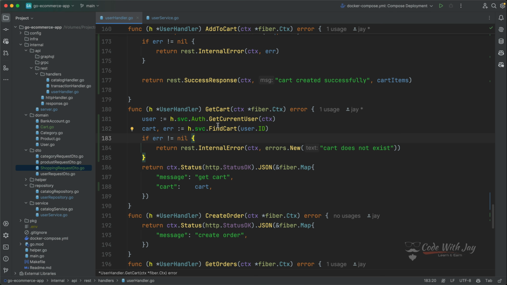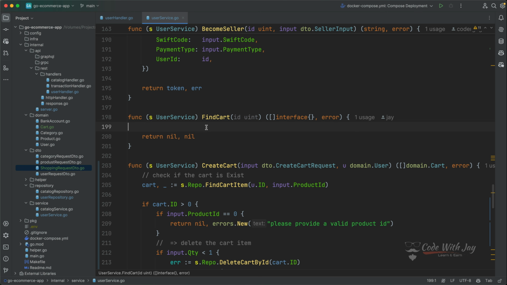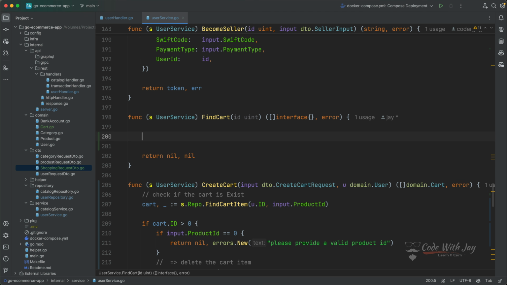Now our get cart handler function is covered, right? So everything we have added is right here. So let's go to our find cart functionality from our service, that we have added to our user service. Let's go here, and here we are going to add a couple of lines of code just to find out our cart items, right? So in this case, let's grab our cart items